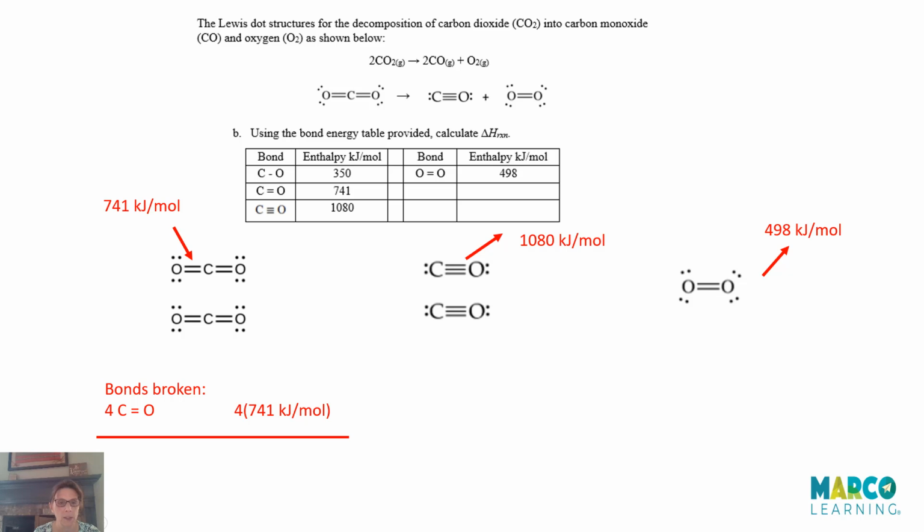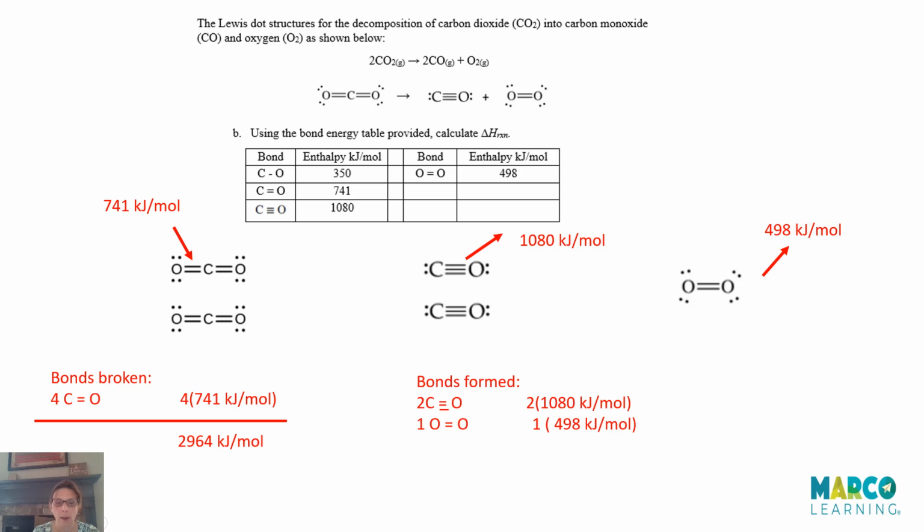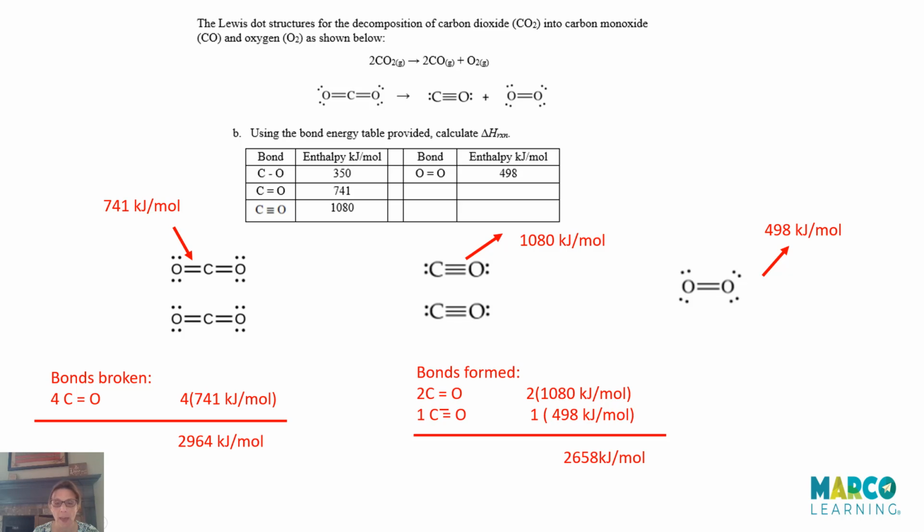So it's 4 times that 741 number that we were given. And that gives us 2,964 kilojoules per mole. That is the energy that's being put in. On the product side, we have 2 of the carbon-oxygen triple bonds. So that's 2 of the 1080 kilojoules per mole. And then we have 1 oxygen-oxygen double bond, that's 498. And when we sum that up, we get